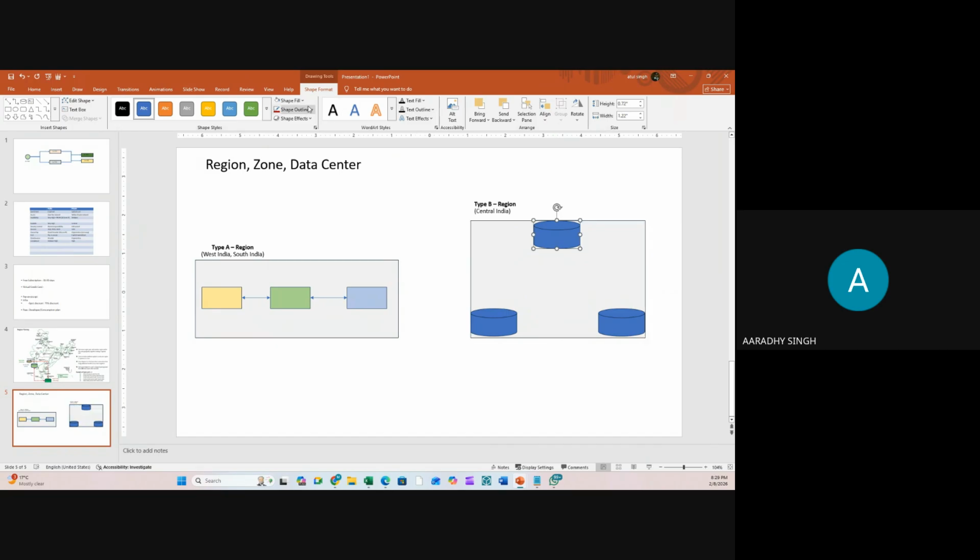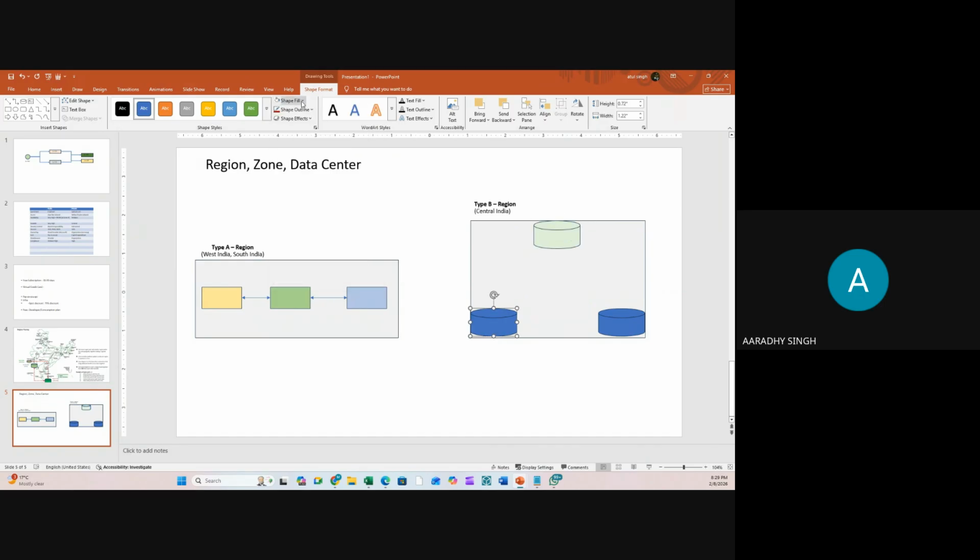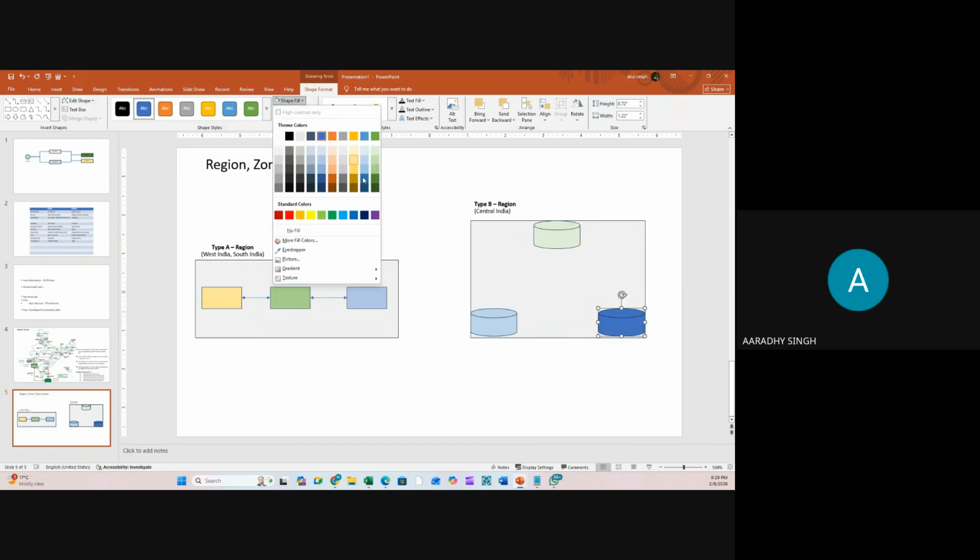Within a zone, there'll be multiple data centers. Suppose this is zone 1, this is zone 2, and this is your zone 3.